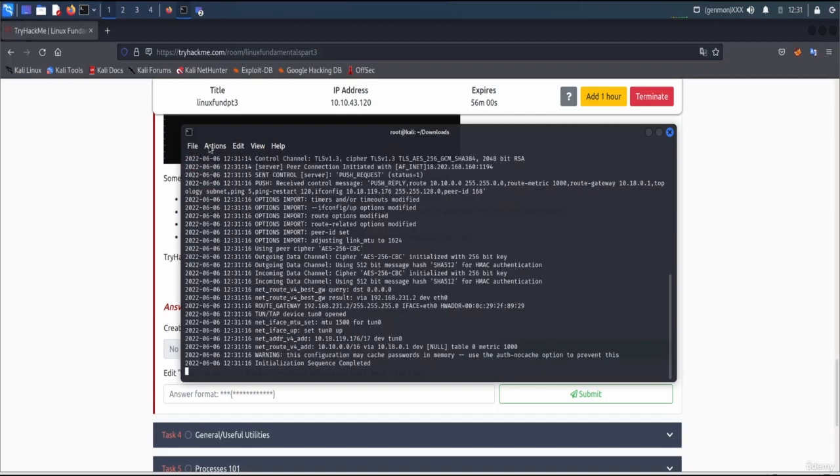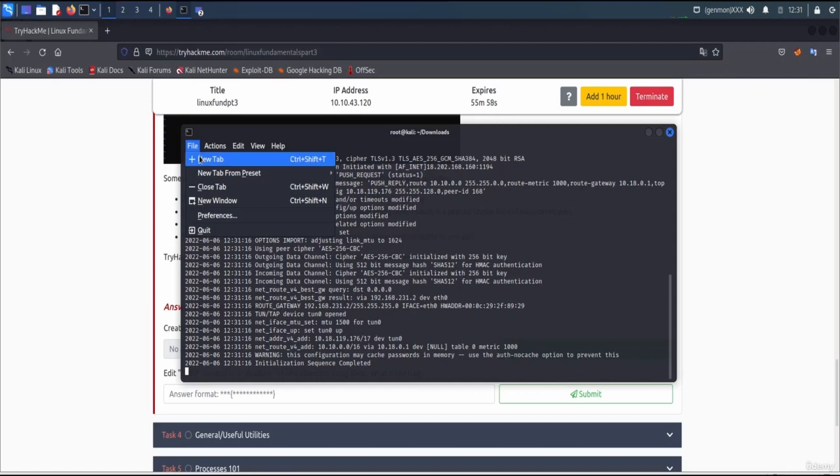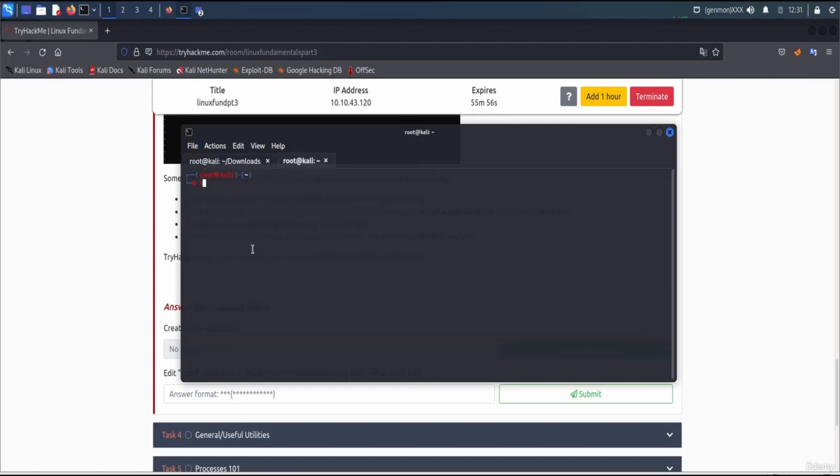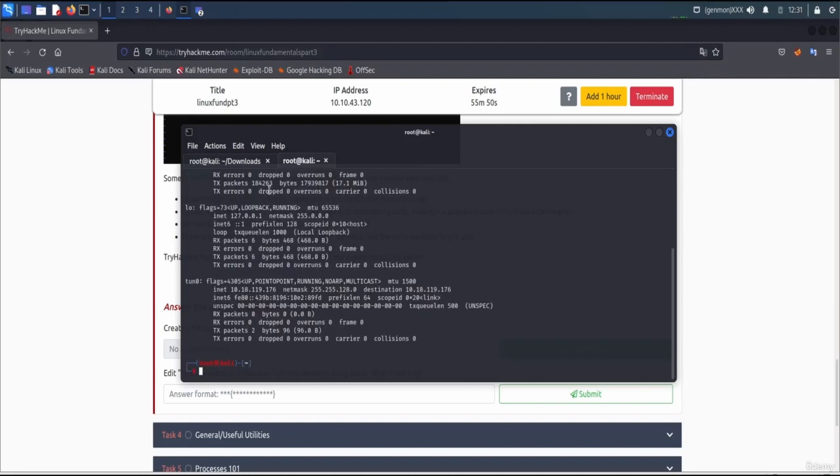And it has connected to the TryHackMe network. Okay, so open a new tab, and if you type in here ifconfig, you can see the tun0, that is your local IP on the TryHackMe network. Okay, so I'm going to just SSH into tryhackme at the machine IP, which is 10.10.43.120,